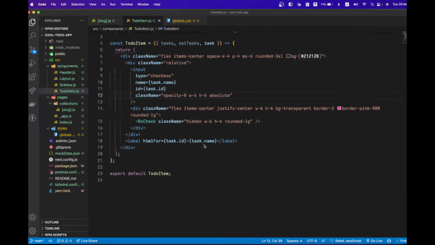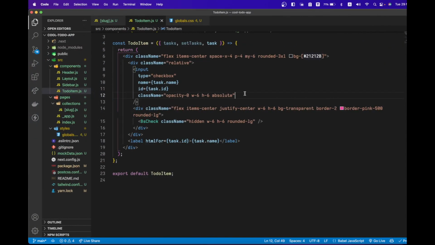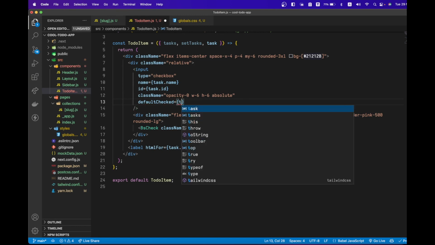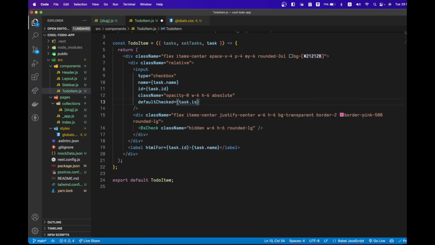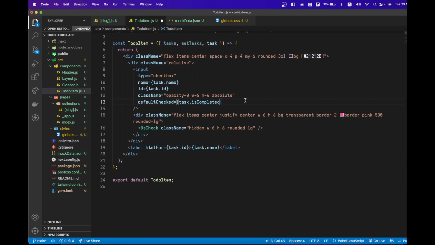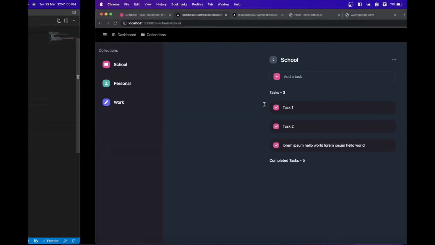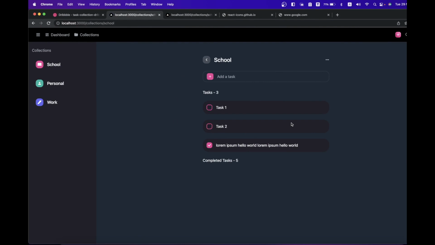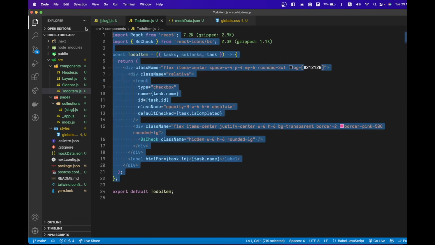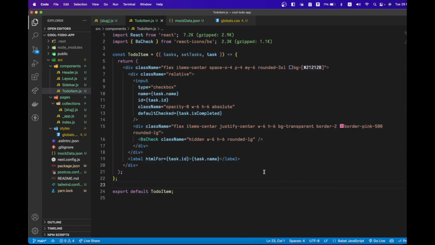Now we will give it default checked value to task dot is completed, as we have defined in the mock data is completed. So if it is completed, it will be checked, and if it is not, it will be not. So if we refresh, look at this. The third one is completed and the two are not. So this is a to do we have done, and